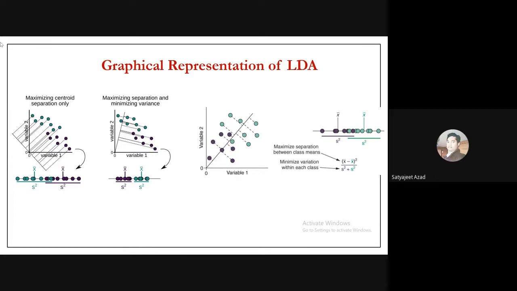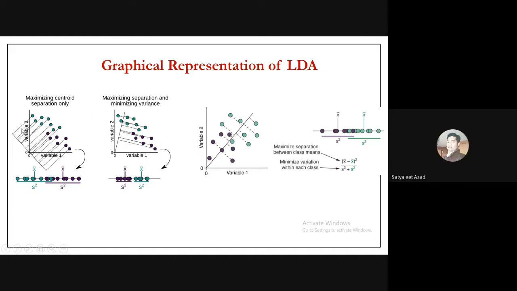Okay, for example, if you have two classes, let's say this color is green, one is 1 and the black one is 0. This is a two-class label and we have plotted based on variable 1 and variable 2. Let's say we have two variables, and this is a churn and this is a not churn. How are we going to perform LDA graphically?